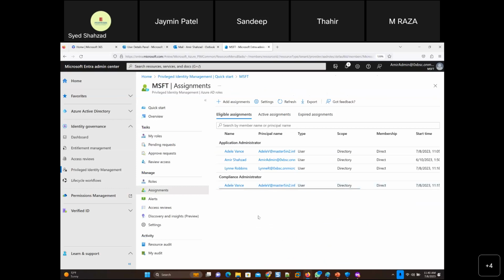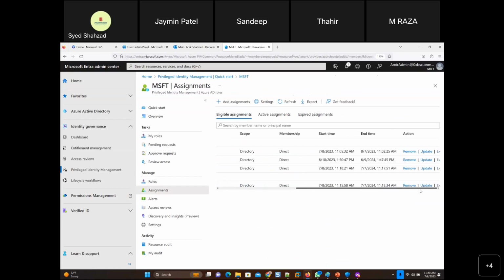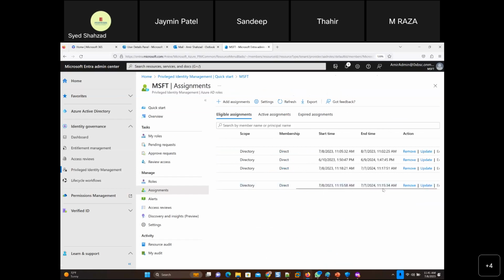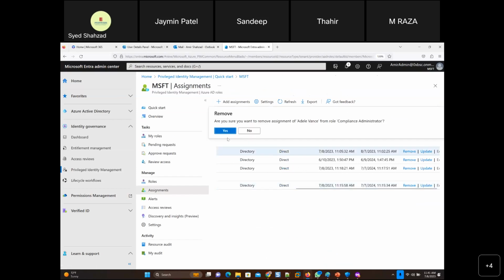So you can just discover who has what kind of roles and for how long they have those roles, right? And then you have the ability to remove that role. I may have known that, hey, recently she was told that she will no longer have the compliance administrator role. Why is this role still there? Okay, I'll just remove it right away.